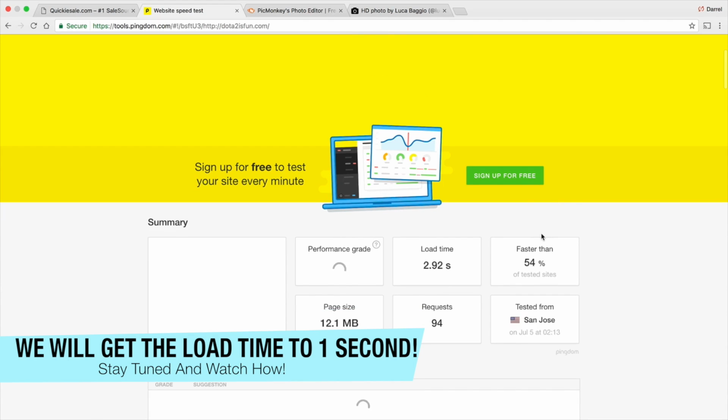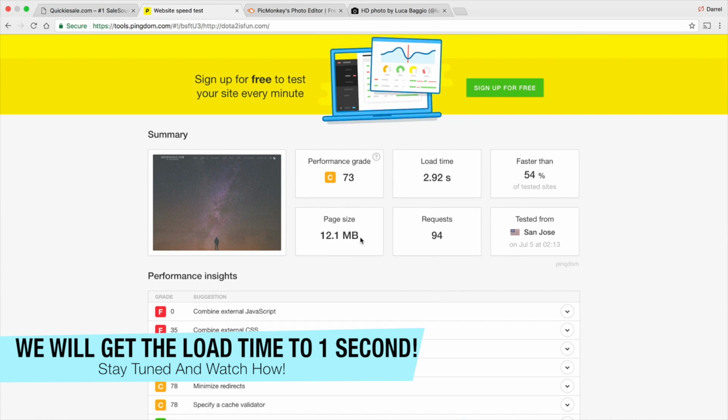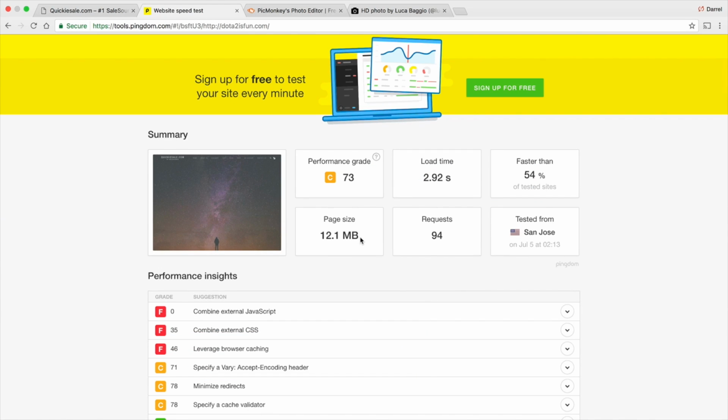So guys, the page size right here, 12.1 megabytes, that is way too large. Your site should be anywhere between 500 kilobytes to maybe 1 to 3 megabytes max, and 3 is pushing it. You want to stay as low as possible because the smaller your page size is,